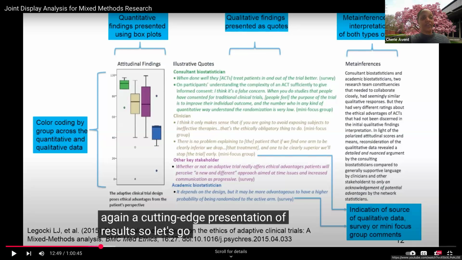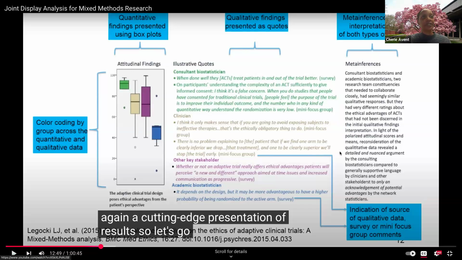Okay, so I want to just pause here and go back through what we're seeing as it relates to a joint display and how that is related to integration as we think about mixed methods. We see here visually in one space the bringing together on a specific concept within the study, attitudinal findings. What we have is our quantitative results, which in this study that Dr. Fetterman is talking about, are some box plots. And in relation to these attitudinal findings are qualitative findings, which are presented via quotes that correspond to the different box plot